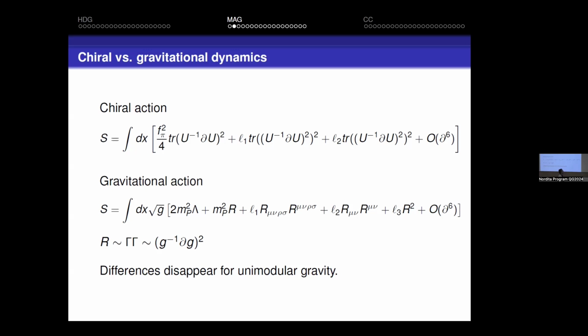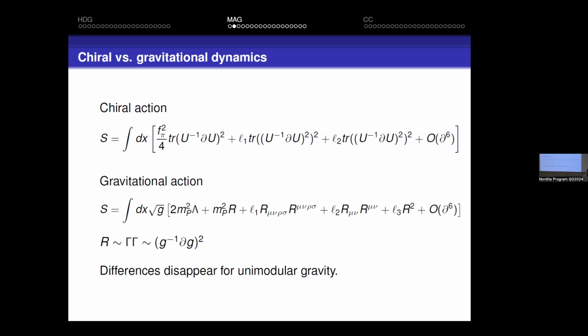And now if you remember that the curvature contains two Christoffel symbols, and the Christoffel symbol itself is the inverse of the metric times the derivative of the metric, you see that this term looks very much like u minus 1 du squared, and these go like u minus 1 du or g minus 1 dg to the power 4. So it's very similar. The main difference is the fact that in gravity you have the square root of g there, with the effect that a constant term in the Lagrangian, the cosmological constant, actually is physically important. I mean, it depends on the field. But if you do unimodular gravity, even that goes away because g is 1 then.